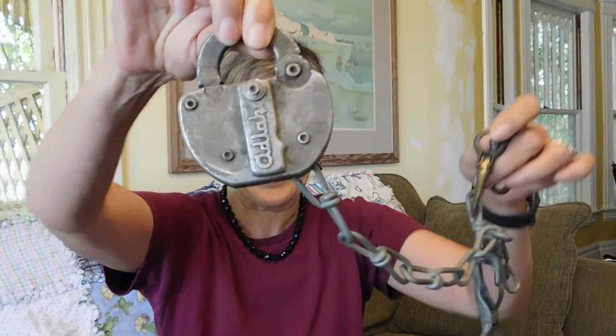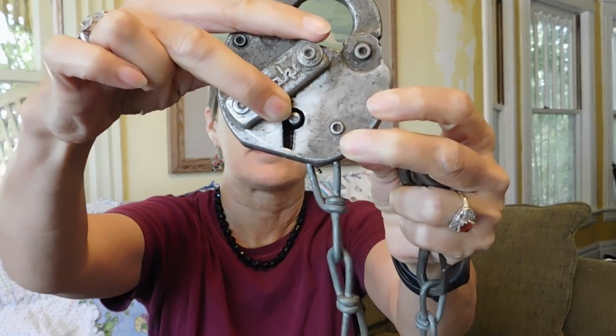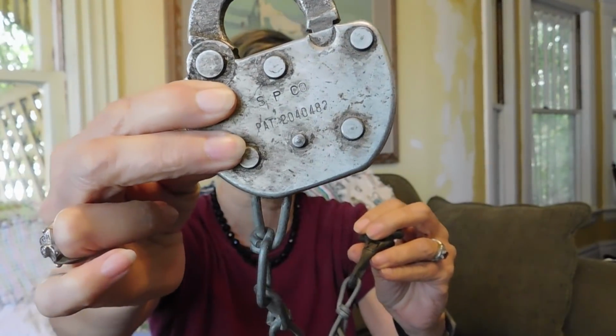We got a padlock. This is an Adlake padlock. It's got a covered keyhole. It's got this nice chain, and on the back it says SP Co., which is Southern Pacific. So this was a railroad lock,